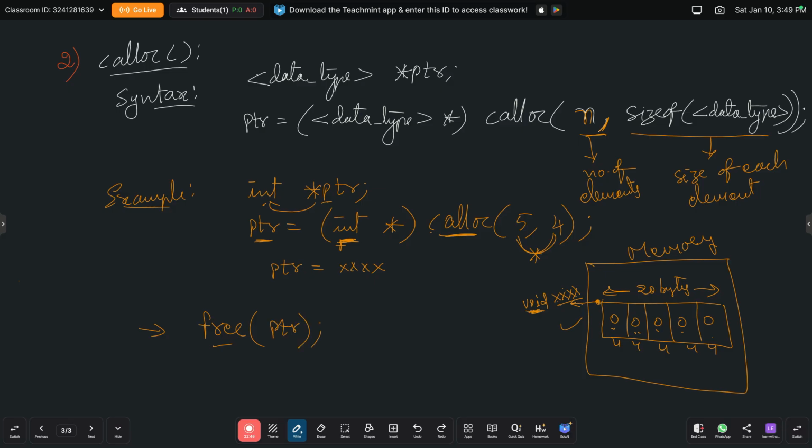Now the free function goes to the specified address, and whatever data is there will be freed, and that will be added to the free space management in the memory. Then it comes out here. So that is the purpose of the free function here. So once free is completed,